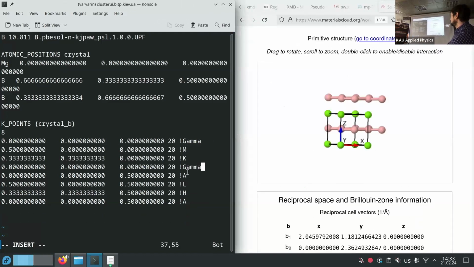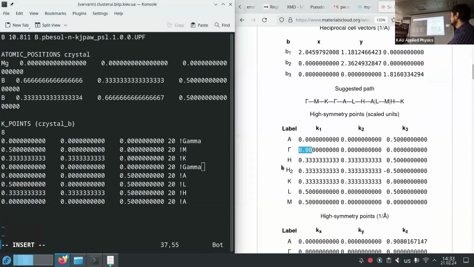So it looks like everything is great. You can save it. This suggested path is not every time the path we need.